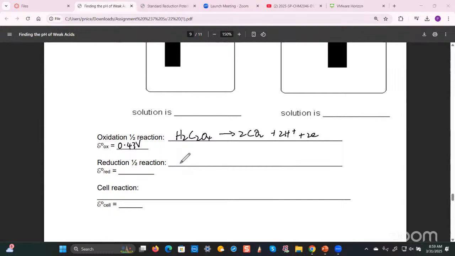And then for the reduction half reaction, it's simply Fe3 plus 3 electrons to form Fe. And the EMF of that, when I looked it up, is minus 0.04 volts, right? So when we add these two, remember now, the number of electrons lost and gained must be the same. So we have to multiply this by 3 and multiply this by 2, and then we add them together, and the resulting cell reaction is going to be